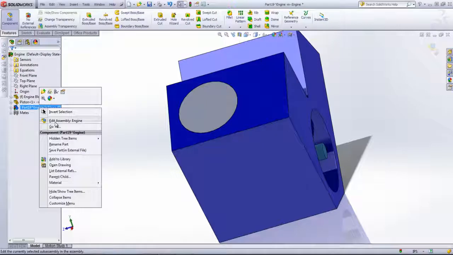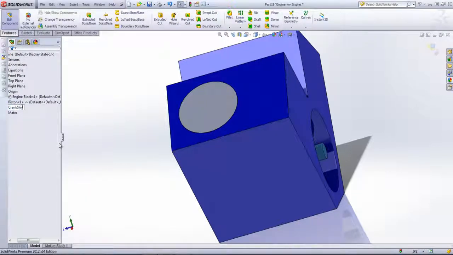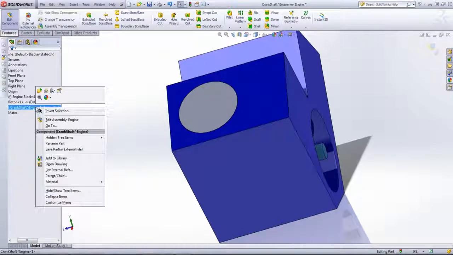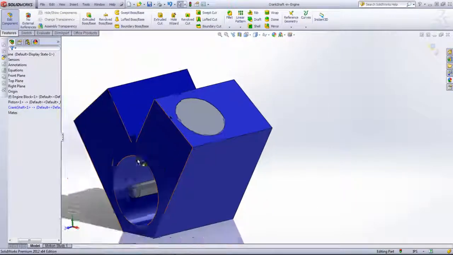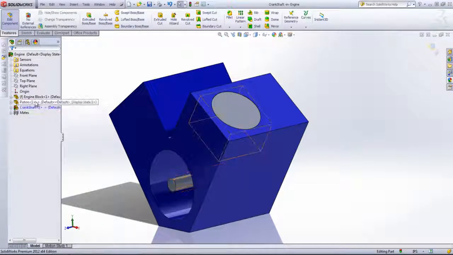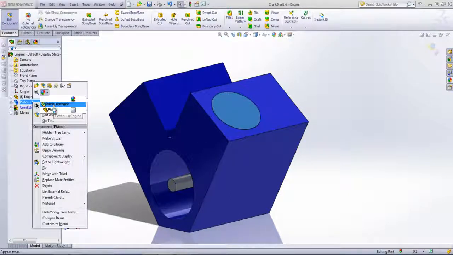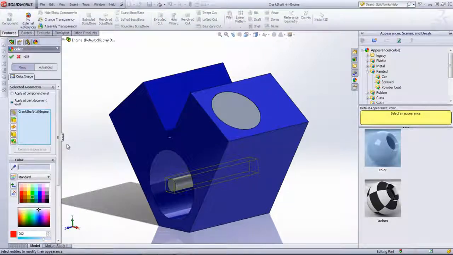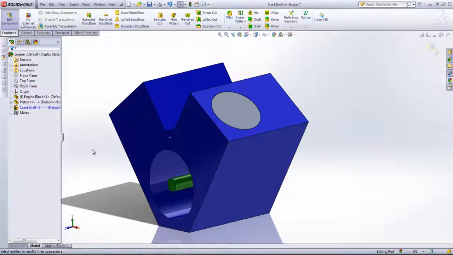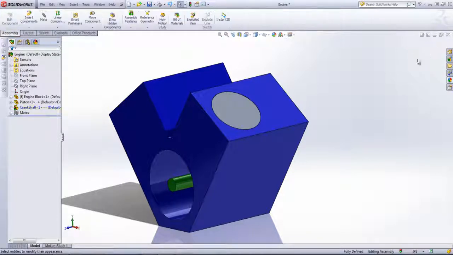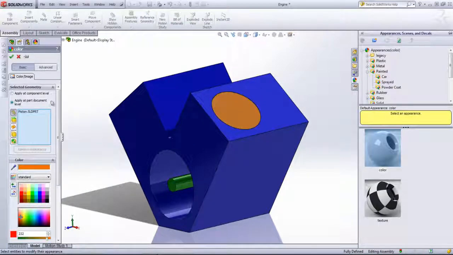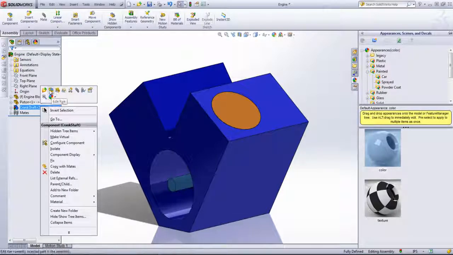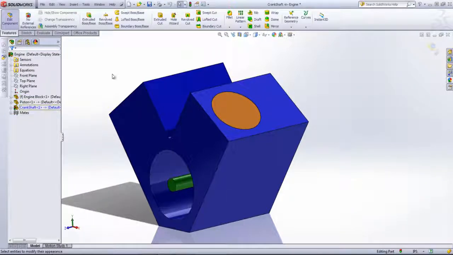From here I'm going to rename this component, make it crankshaft, and once again save this out. And then when I'm working with parts, I like the appearances to be separate and recognizable, so I generally assign different colors to the parts while I'm working. From here I'll exit out of the edit component and I'll apply an appearance to the piston. So once again I'll go back into the crankshaft part with the edit part,